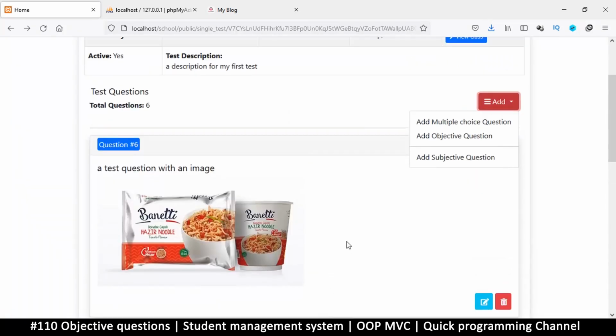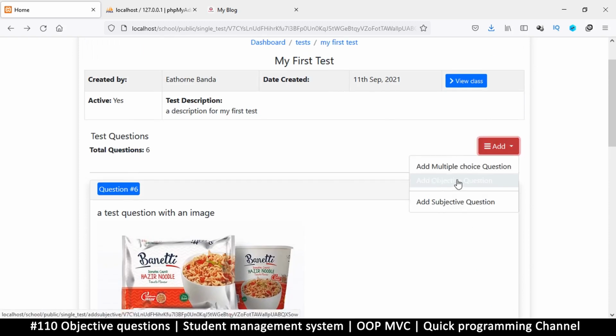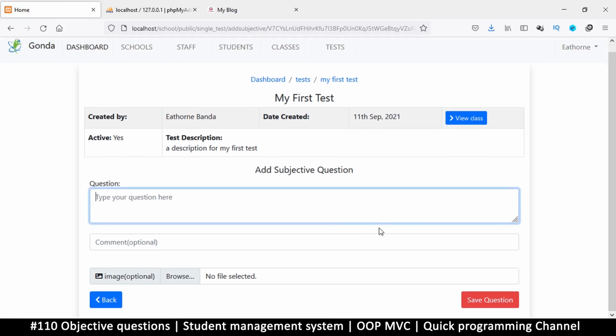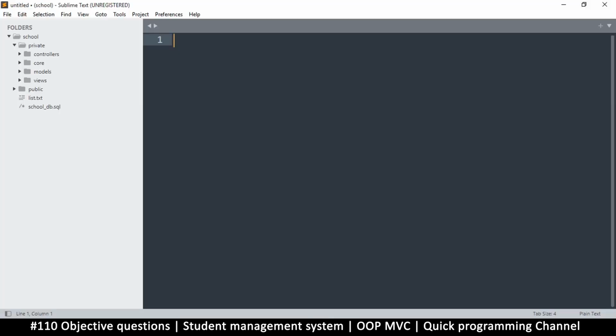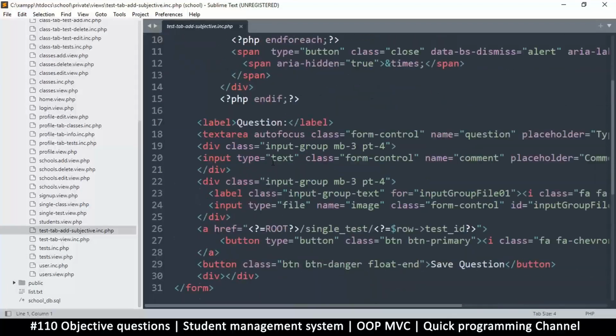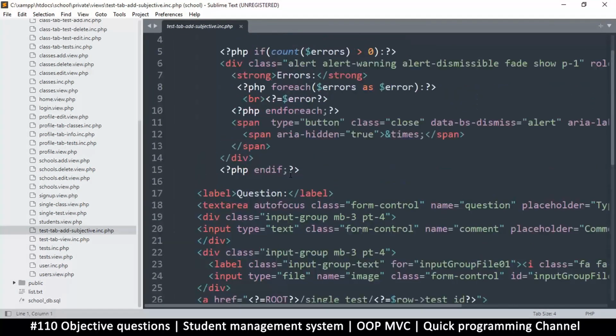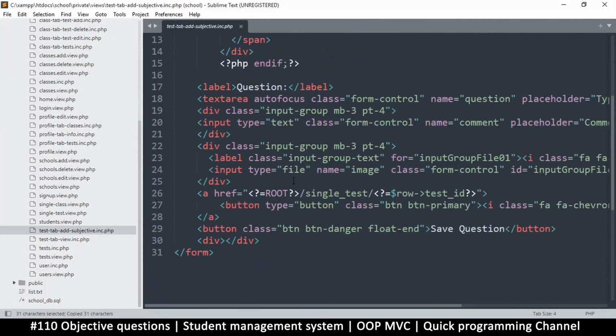So let me go to my text editor. What I want to look for now is this other one. So if I click here, it still takes me to this, right? Let's see how we can change things a little bit. So let's go to our private and views. And what we're looking for is the tests add subjective inc. So right on here, we can simply add something extra. All we need is an if statement that qualifies. So let me just copy this one right here at the top, and let's come down here